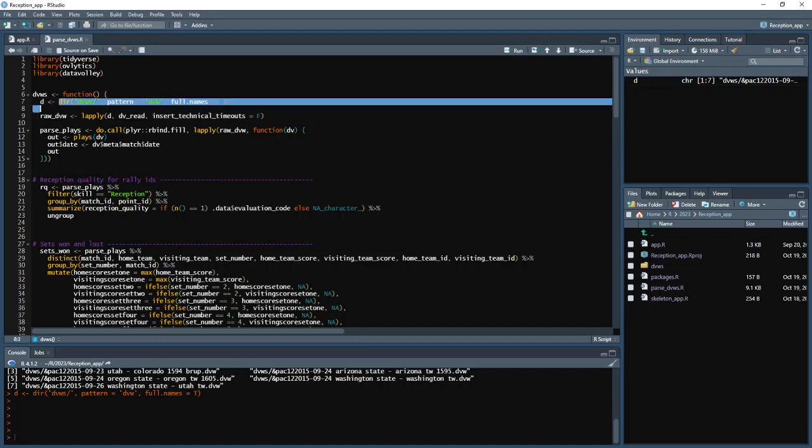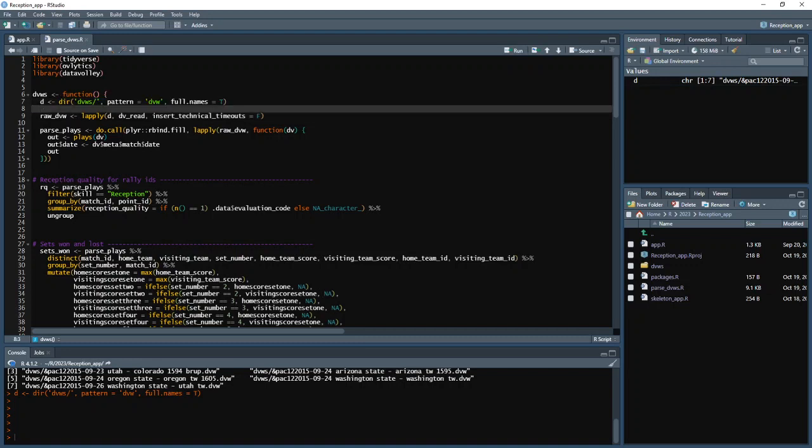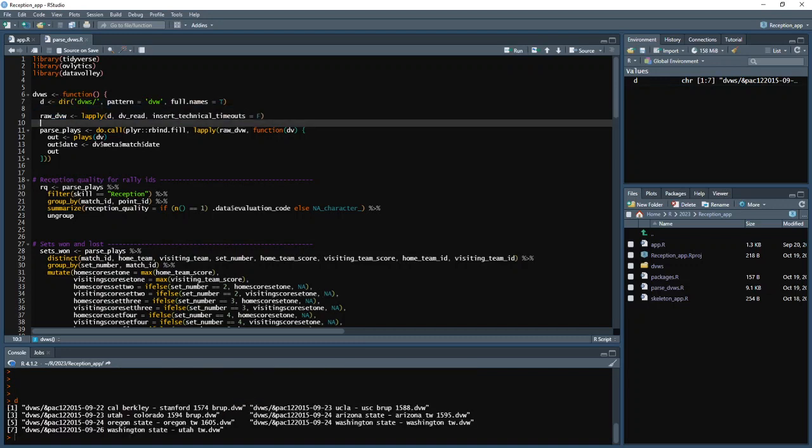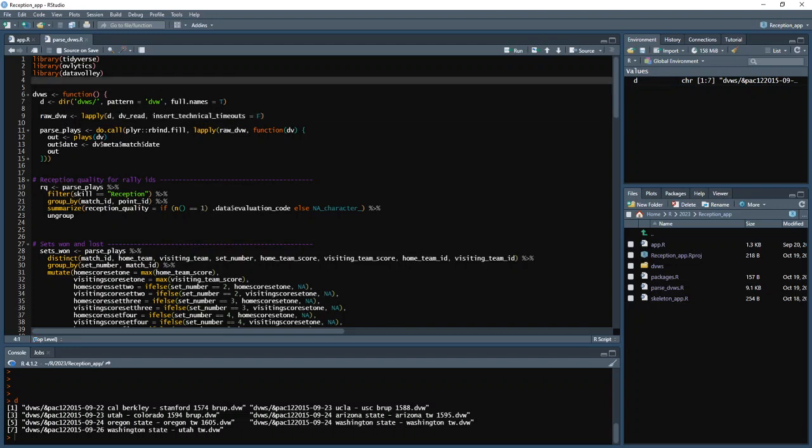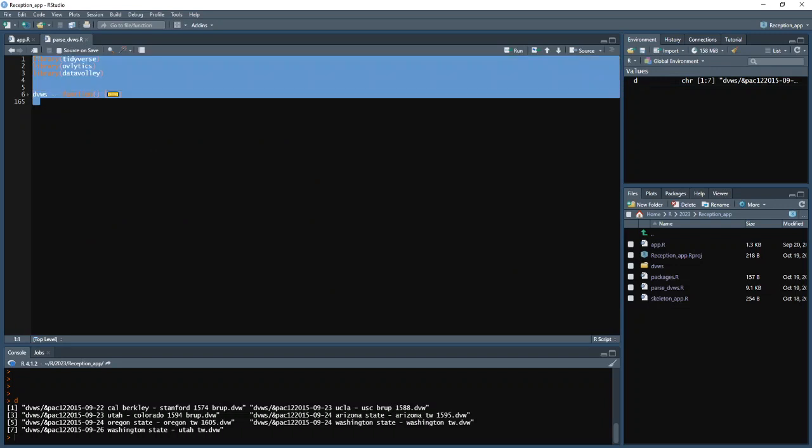All right, so I got my D. I type in D. There you go. So yeah, I'm not going to talk about what this does. Basically, this is a gigantic function. If I run all this,